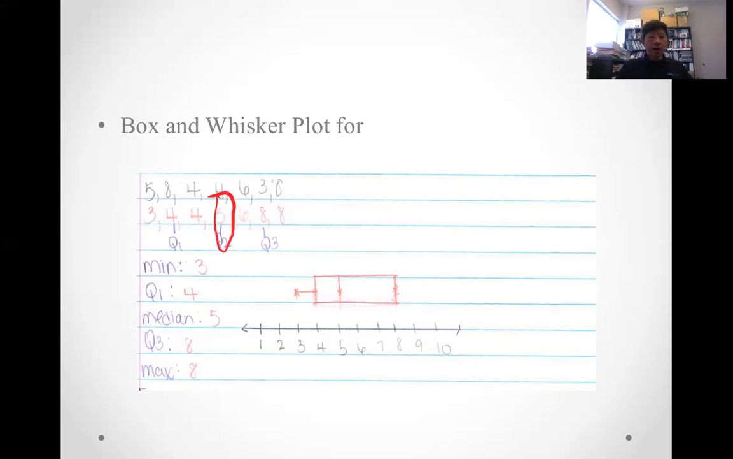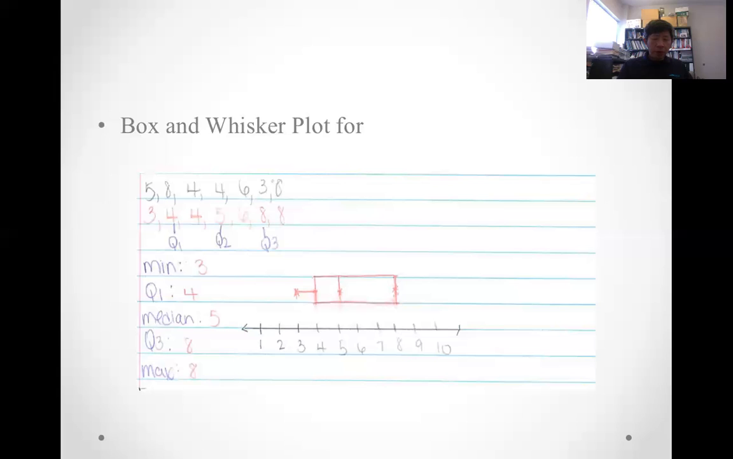Once we find the 5, then in this group of data, we find another median, which is Q1, which is 4, right? So what about Q3? Q3 is this group of data, and then we find the middle number, which is 8, right? So therefore,